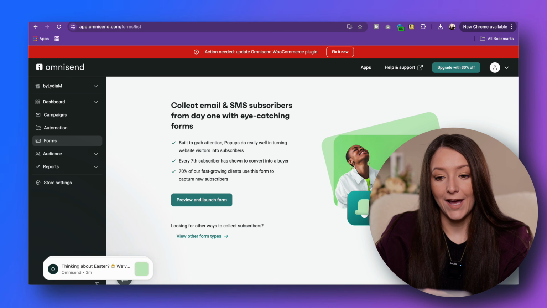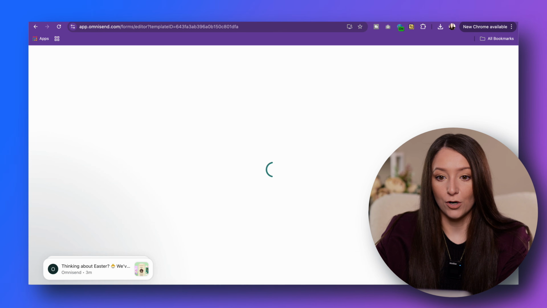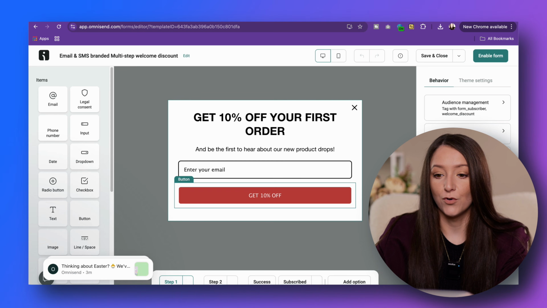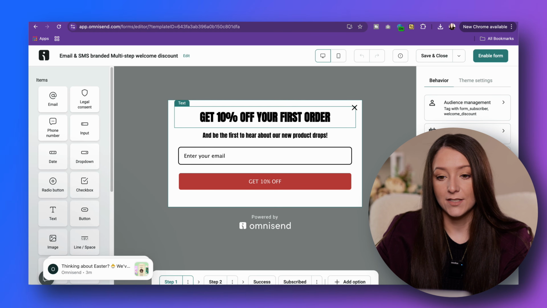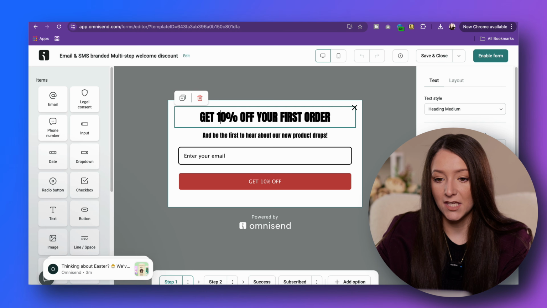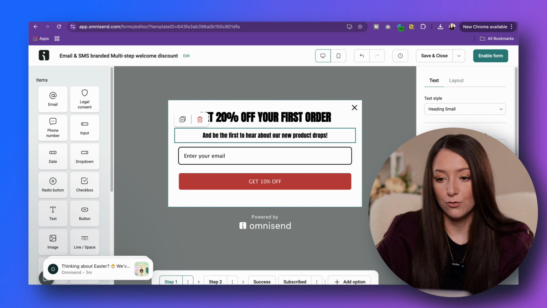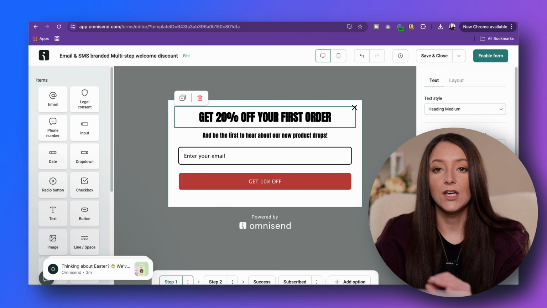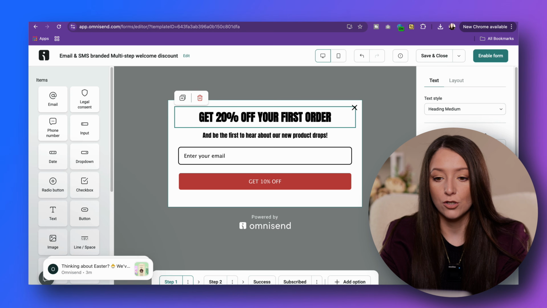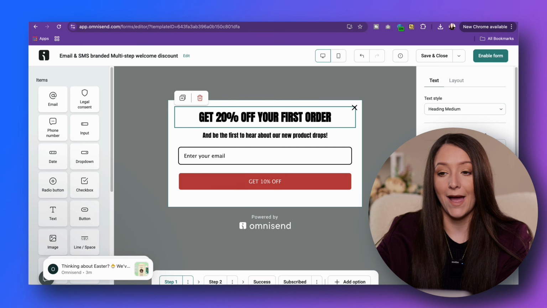So we're going to go ahead and launch a form for 20% off for first-time buyers. So for example, here it says get 10% off your first order. We're going to make it 20 just because we're feeling generous, and be the first to hear about new product drops. Obviously, what you need to do inside Omnisend is brand everything, the colors, the fonts, everything needs to match